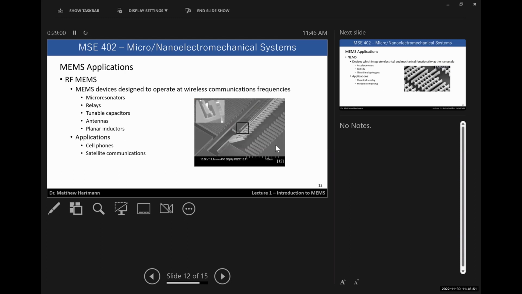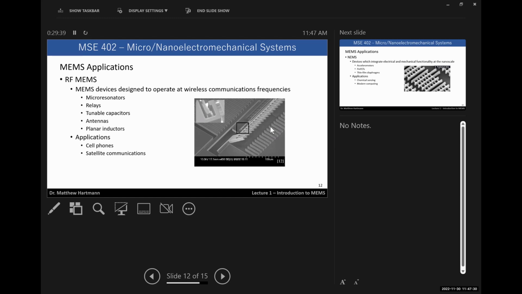Then we have RF MEMS. This is one of my favorite, maybe it's weird to have a favorite MEMS device, but this is one of mine. The picture shown here is a variable capacitor that uses a capacitive comb sensing mechanism and a torsional spring actuator. The reason why this is one of my favorite MEMS devices is because back in my graduate research lab, we had an old Russian variable capacitor. And effectively, this was a device